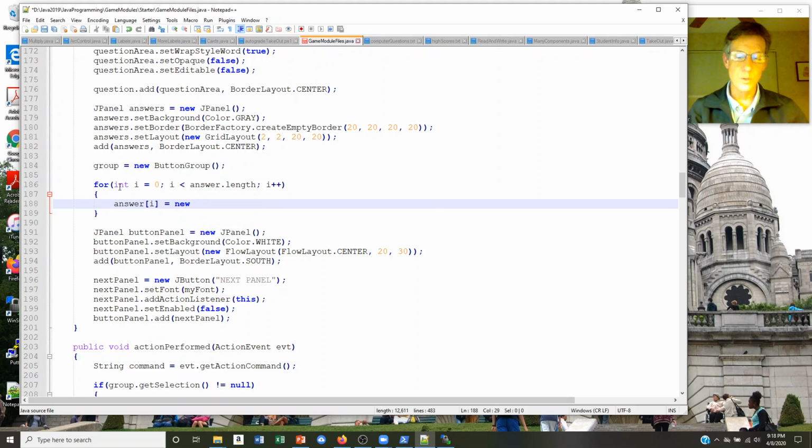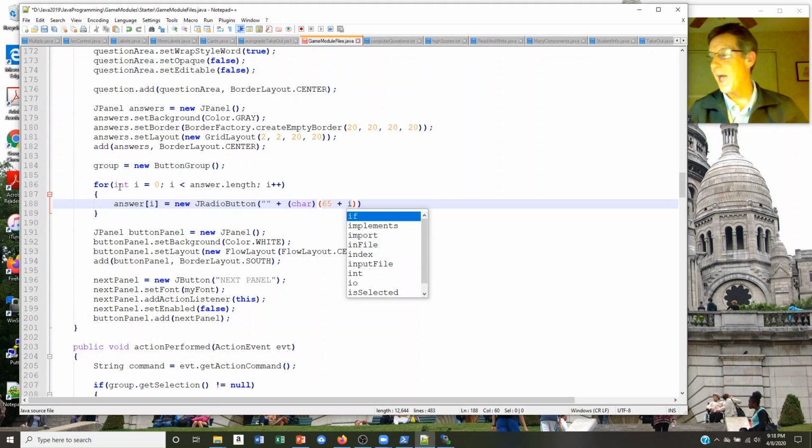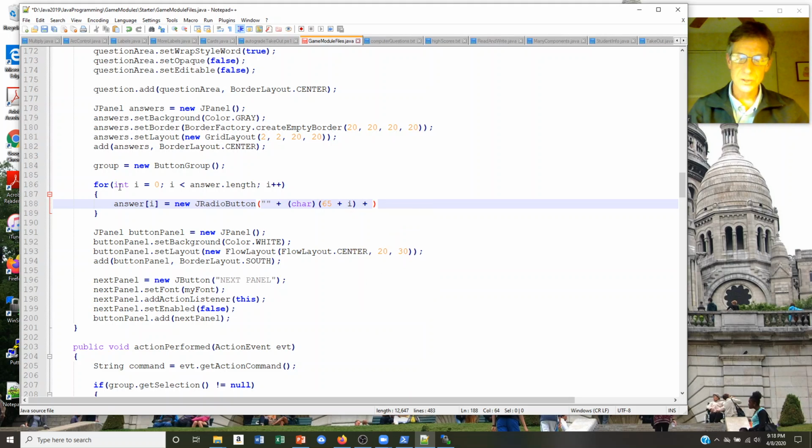It's a new J radio button, and we want it to either say A or B or C or D. So we'll use a little bit of trickery here. We'll say plus, and we'll use a char. We know that 65 starts with a capital A, so we'll say 65 plus i, and then we'll say plus, and then maybe we'll put a period after it,